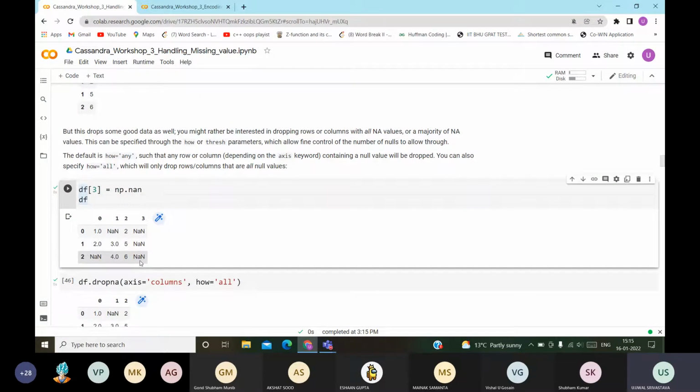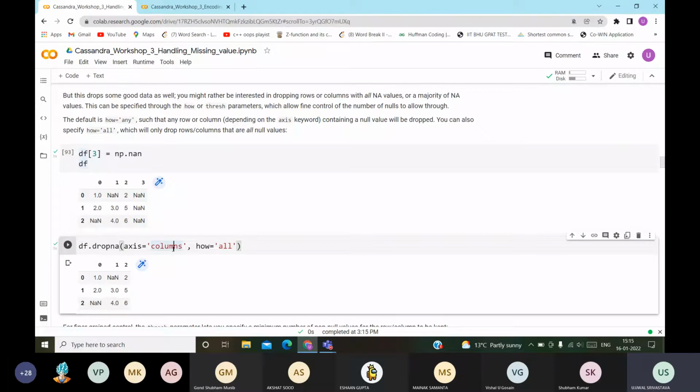Now we want to drop only those columns in which all the values are NaN. To do that, first we provide the parameter axis equals columns, and second the parameter how equals all. How equals all means we'll drop only those columns in which all the values are NaN. In this way you will drop the third column, and you are left with only the 0, first, and second columns.